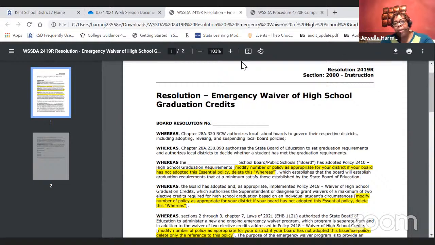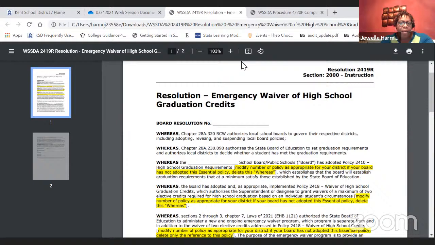What makes this different than in the past, there was a waiver last year, but it was temporary and it was specific to COVID. Moving forward, the law is expansive enough that it is for any emergency situation, including pandemic. So the emergency waiver option, although districts will always have to apply to the Washington State Board of Education to use the waiver, can be applied anytime there is an emergency of significant magnitude that would impact education of students and credit attainment.